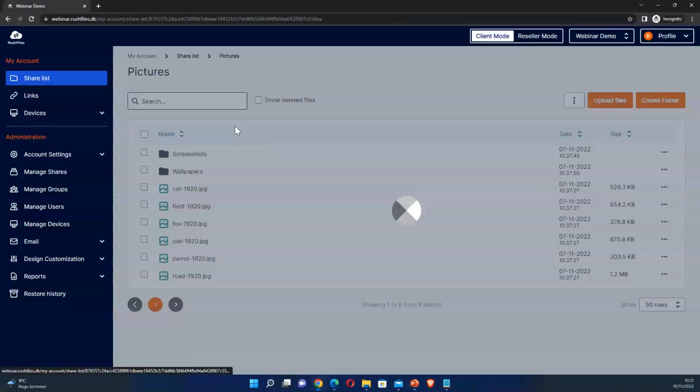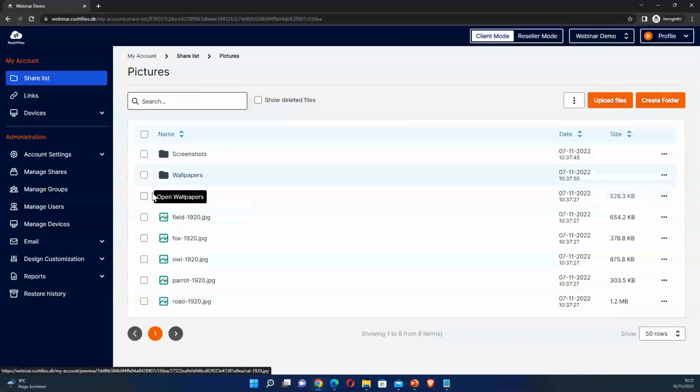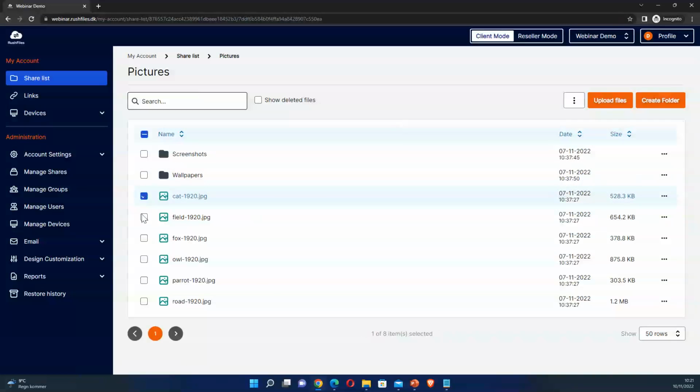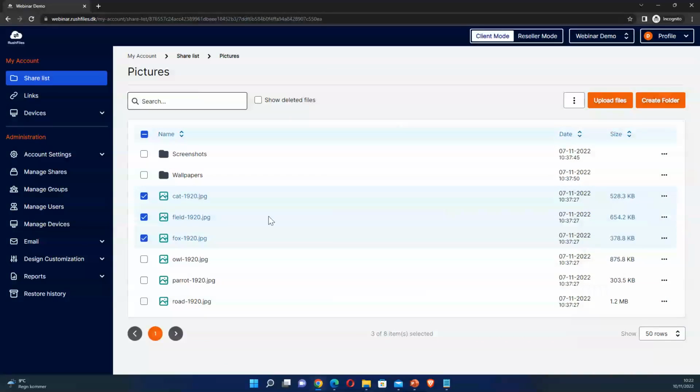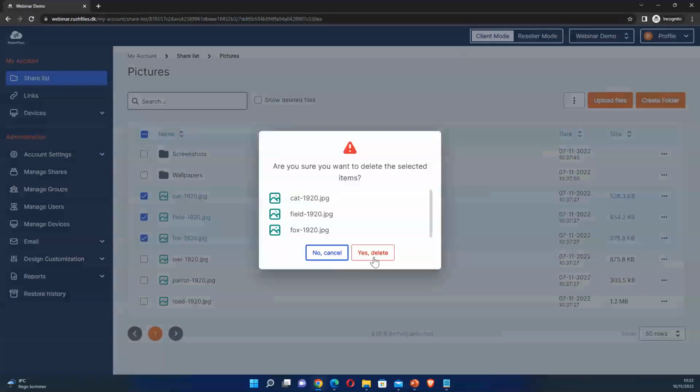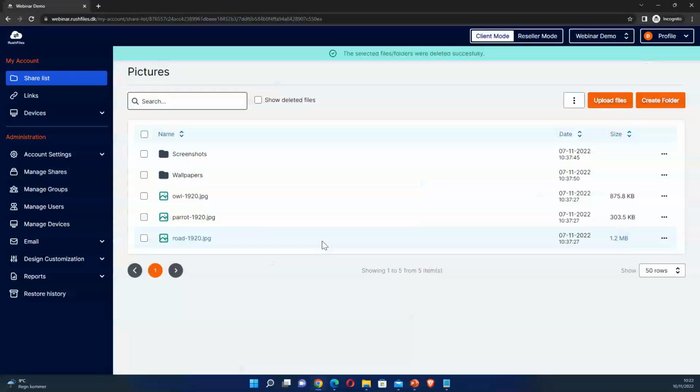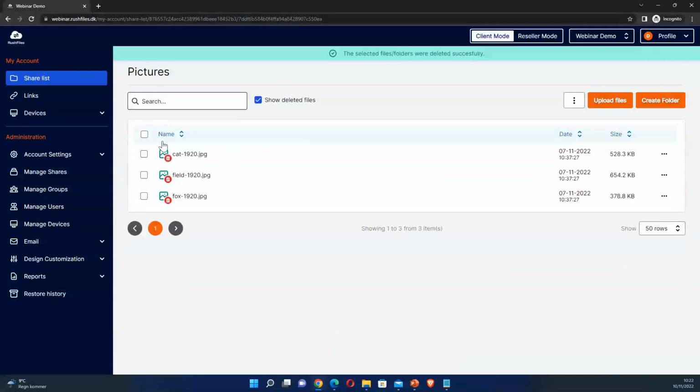Another thing I wanted to show here in the share list is that of course we can still manipulate data like before. We can manipulate data by the context menu on the right side, or if there's multiple selection, then it can be done from up here. So we can still delete files, restore, permanently delete. But one improvement here is that when you're trying to delete